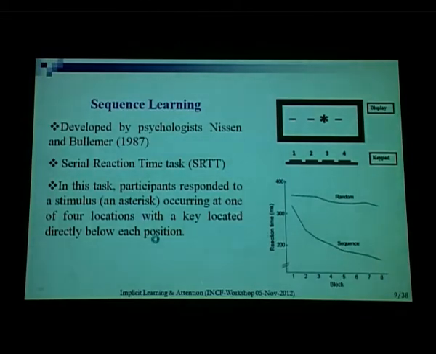And at the end of this, when you debrief, when you ask the subjects, for example, to generate or give the sequence, and I'll talk about methods of eliciting or understanding what knowledge has been acquired by subjects. When you debrief the subjects, they deny any knowledge of any repeating pattern, right? So that's the hallmark of implicit learning.